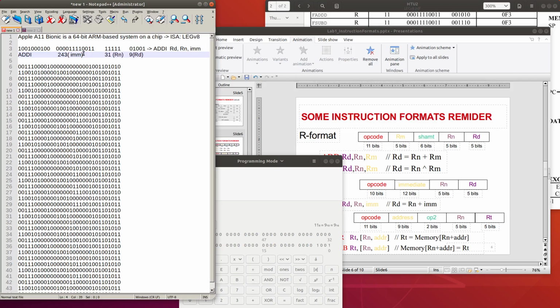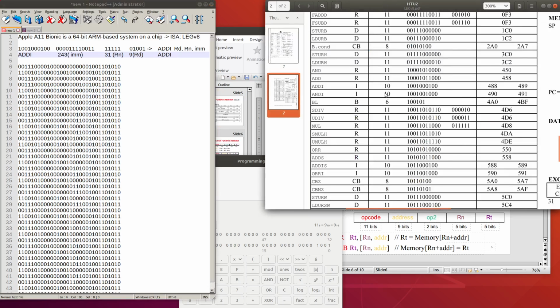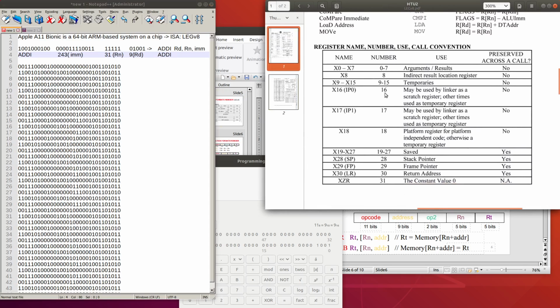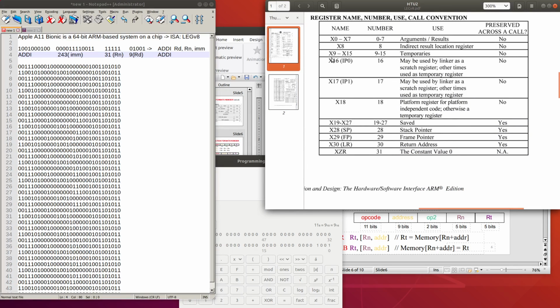So now if we look into this, we know exactly how our instruction will be in assembly language. In LEGv8, it will be ADDI, and then the value of Rd here is 9, and register 9 will be written as X9 in LEGv8, so here it is X9.